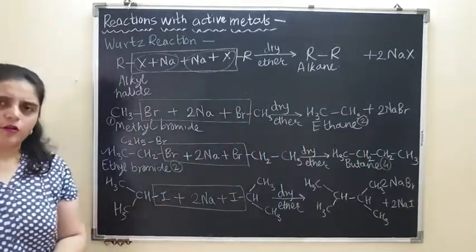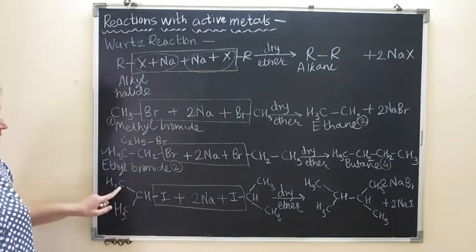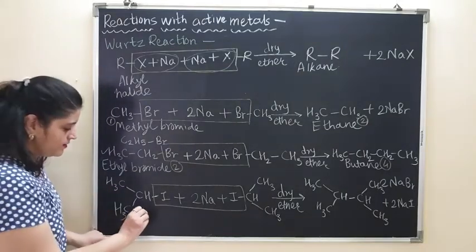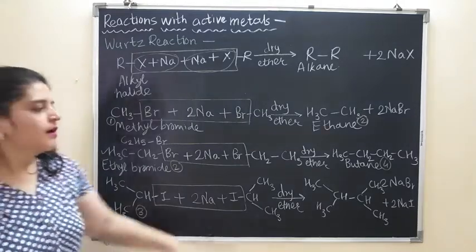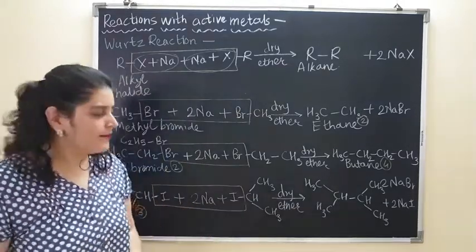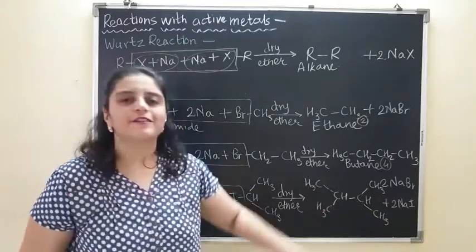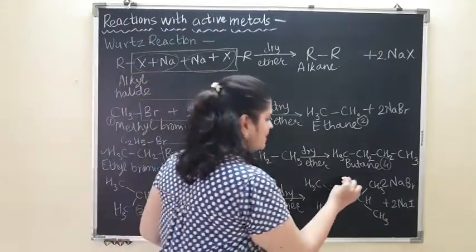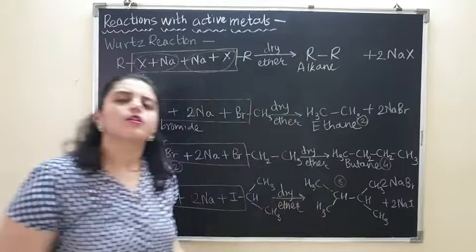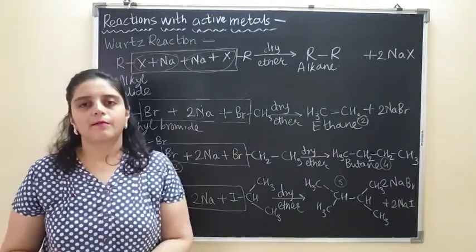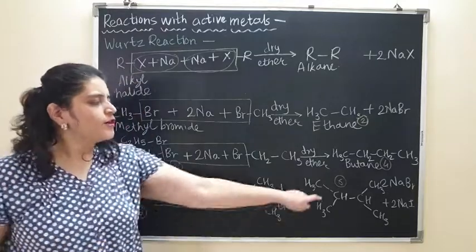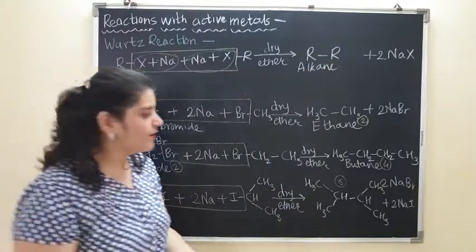So now if you have a look at this, here we have 1, 2, 3 carbon atoms in the reactant, but in the product alkane that we have obtained, 1, 2, 3, 4, 5, 6 carbon atoms are present. So here also we have obtained a higher alkane with double the number of carbon atoms. If you want to write down the name of the product over here,